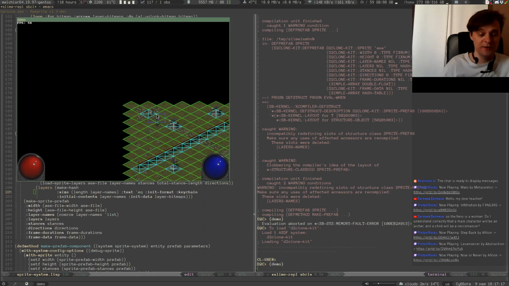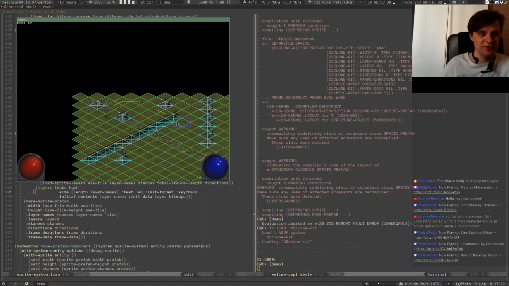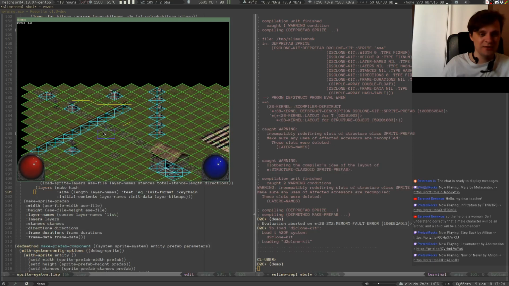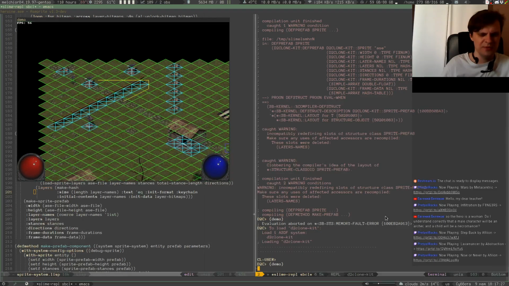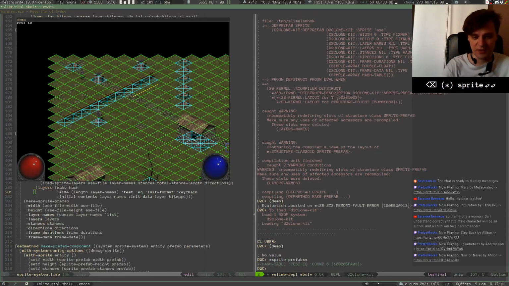Oh, that's fun. Where are the actual sprites? That's not very good, but okay, I'm going to look at the prefabs. What am I needing here? The sprite prefabs. Yeah, here it is. So it's 6 elements in the hash table. So I'm going to look at what the